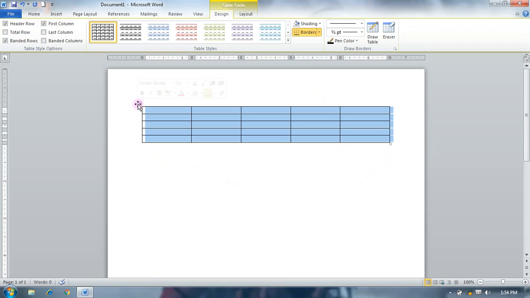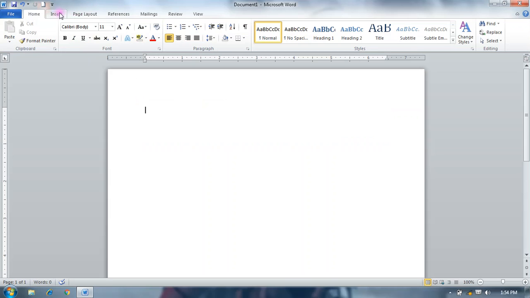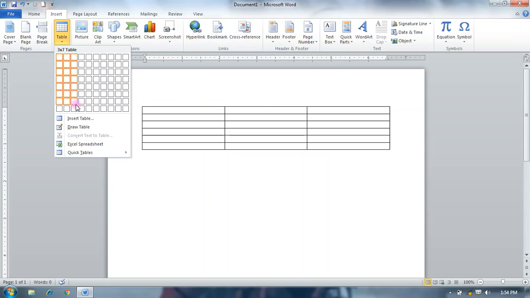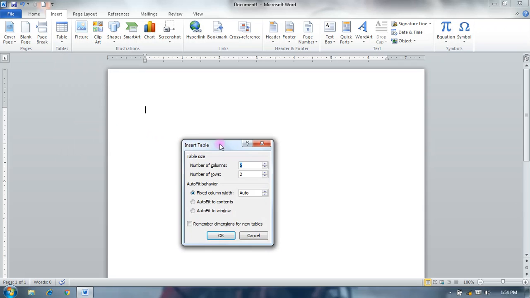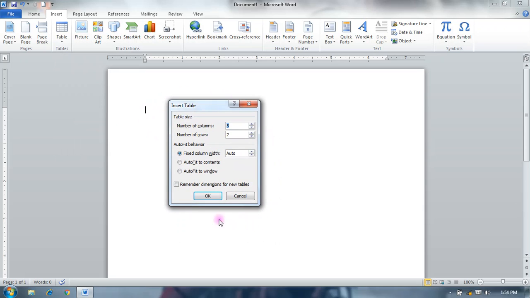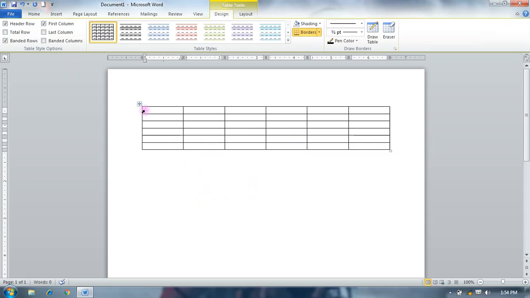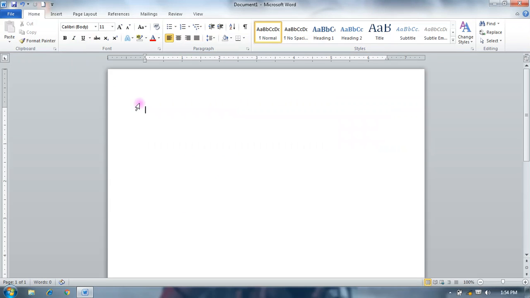The next option is Insert Table. When you click on it, it opens a small window and it provides the number of columns and number of rows. So you can select your number of columns and rows from here and click OK. Then it creates the table.